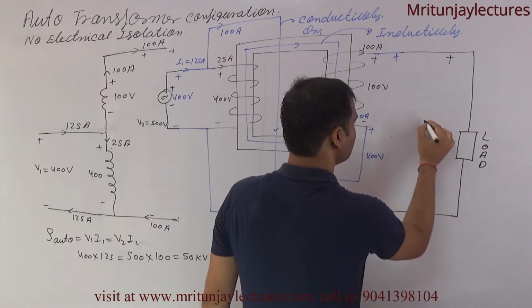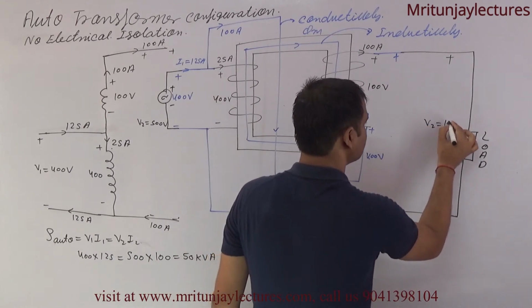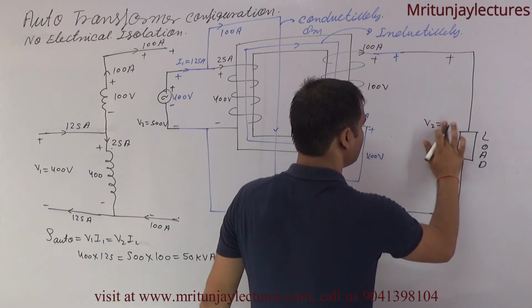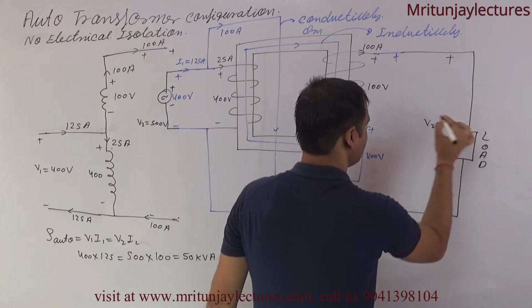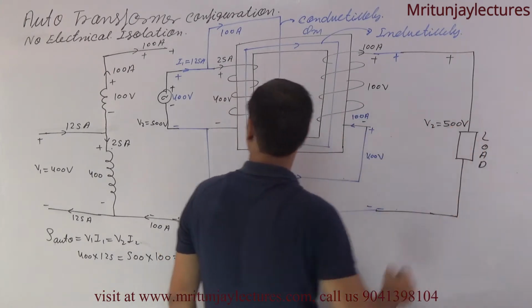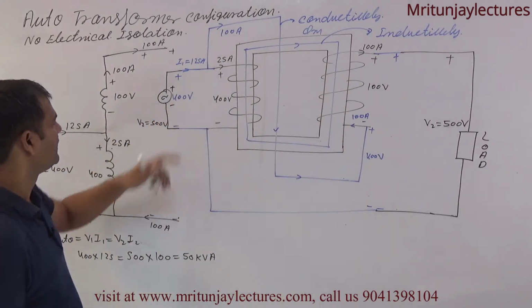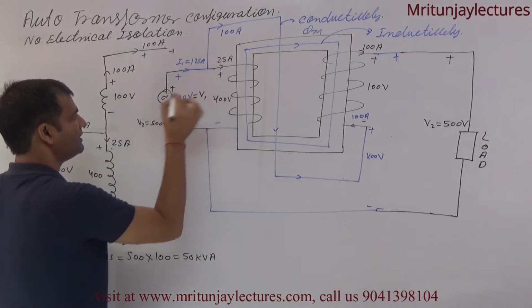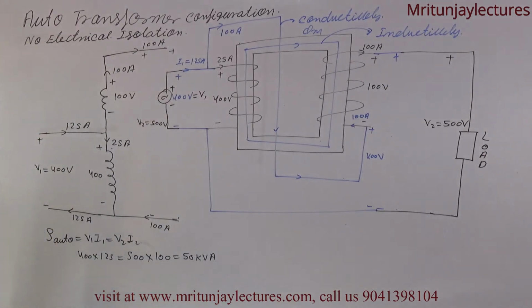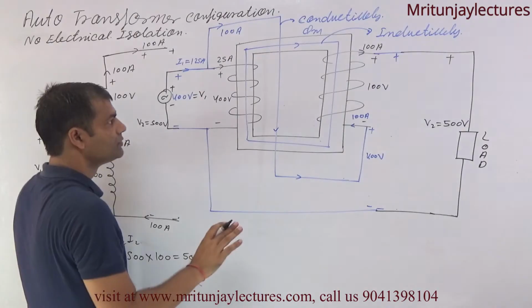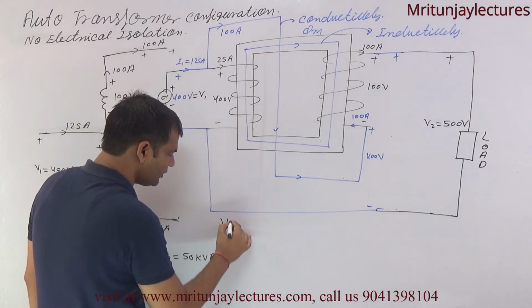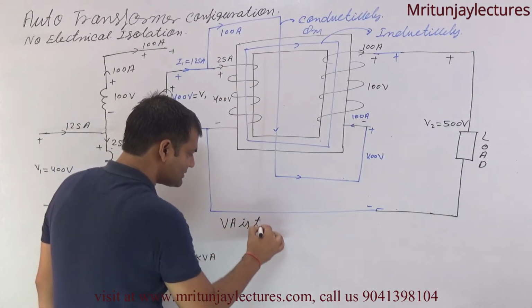Plus minus V2 is equal to 500 volt, and V1 is 400 volt. Is it clear? So right now, VA is transferred